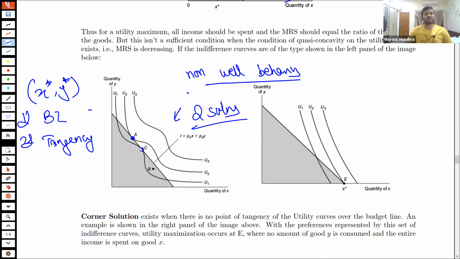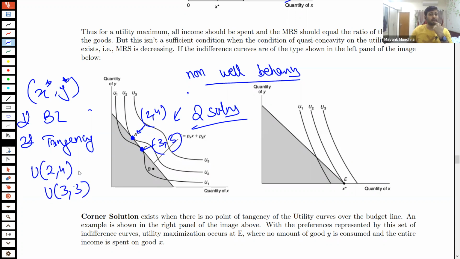Okay, so in such a situation, what needs to be done is that after you get these multiple solutions, you have to substitute and find which of these is better. Let's say there's some utility function. This point A comes out to be 2,4, and this point comes out to be, let's say, 3,3. So you find the utility value at 2,4 and the utility value at 3,3, and you compare them. Which of these is larger? And that would be the final answer. So this happens when you have multiple solutions.